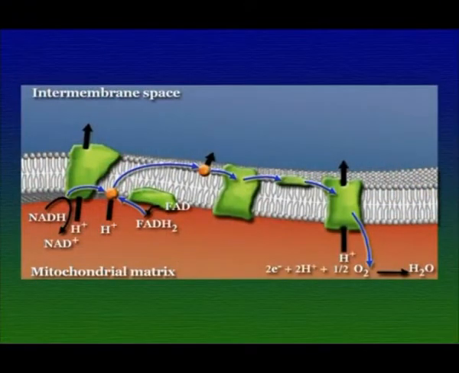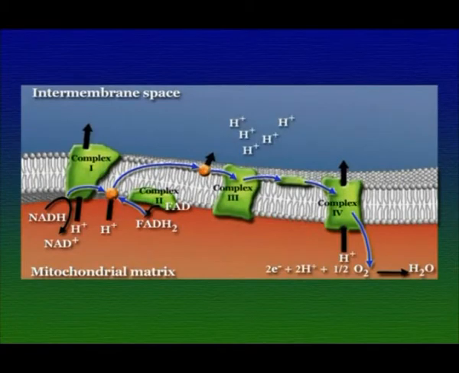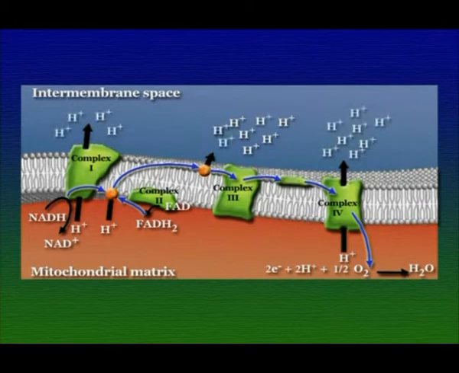We know that it does occur, but we're not sure of the exact molecular mechanisms. What is clear is that the electron transfer molecules of the electron transport chain are grouped into several complexes in association with some other proteins that aren't directly involved in the redox reaction. And it appears that for some of these assemblages, the energy that's released by the redox reactions causes hydrogen ions to actually move through the complex from one side of the membrane to the other, from the matrix side into the intermembrane